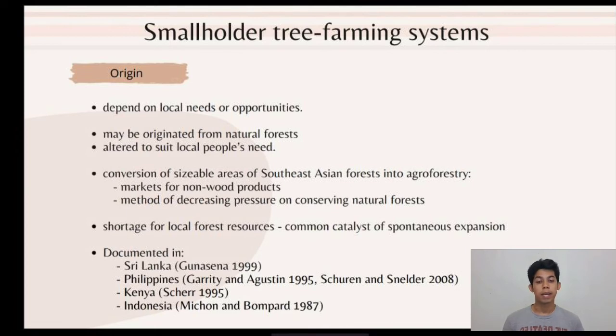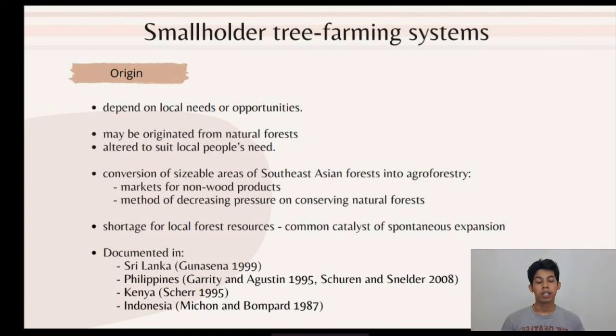Next, it may be originated from natural forests and altered to suit local people's needs. Smallholder tree farming system may originate from natural forests that have been altered in composition or structure by local people. Tree-based system established on agriculture or fallow land or a combination of both. Then there is conversion of a sizable area of Southeast Asia forest into agroforestry. The reasons for this are the market for non-wood product and the method of decreasing pressure on conserving